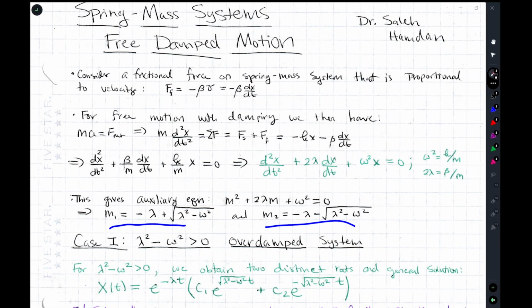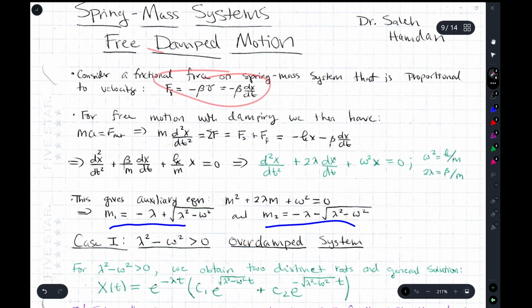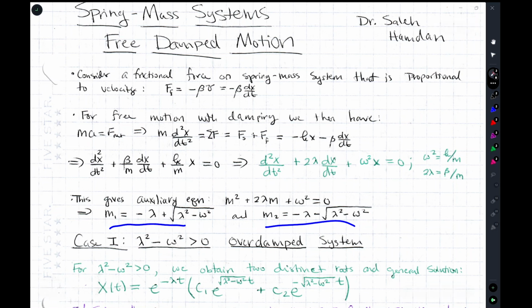So we're looking at the spring mass system that's free, so no external driving force. We get a homogeneous equation, and damped in that we have this resistive force. We get our differential equation there. Two roots to the auxiliary equation, and we looked at the situation where we get an overdamped system, two distinct real roots, a critically damped system with one repeated real root, and now we'll consider